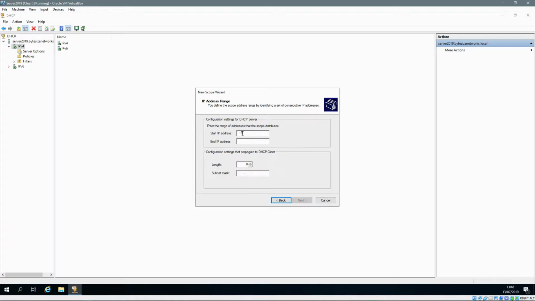And for the start IP address, enter 192.168.0.1 and an end address of 192.168.0.254, because although the subnet goes from 0 to 255, the 0 is the network address and the 255 is the broadcast address, so those won't be able to be included. You'll see that the length has changed to 24 and the subnet mask